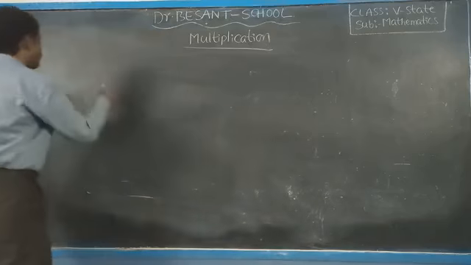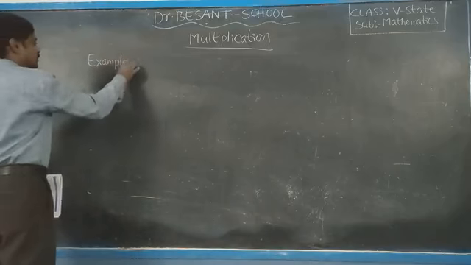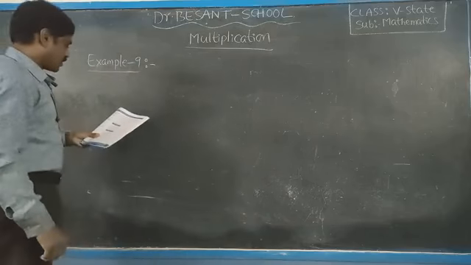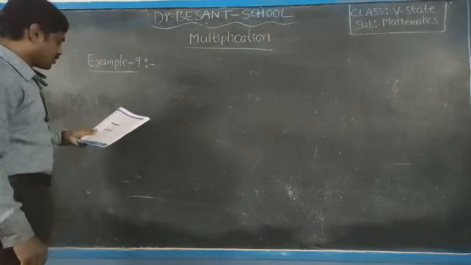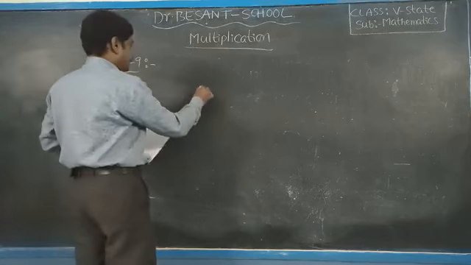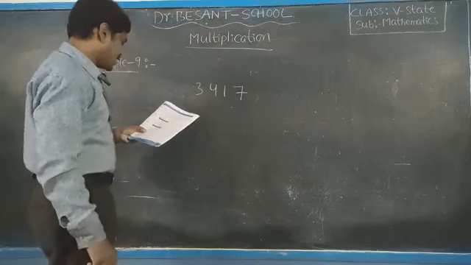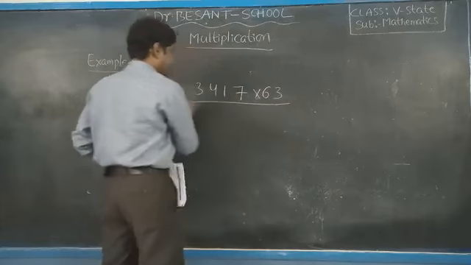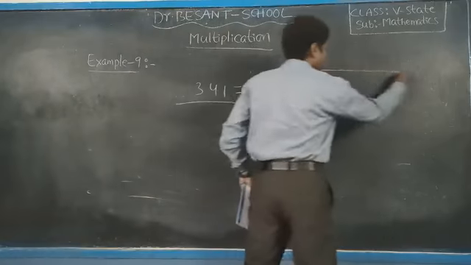See example 9. Find the missing numbers in the given product. See, 3,417 into 63. Once you observe this box,